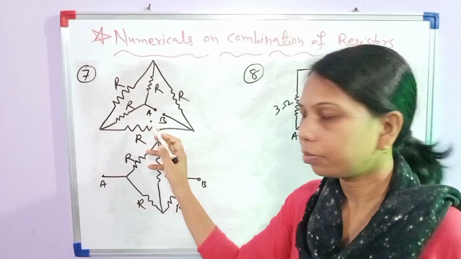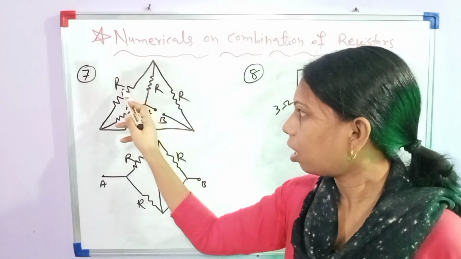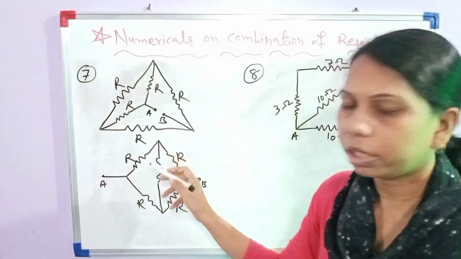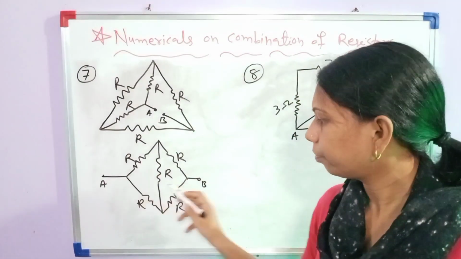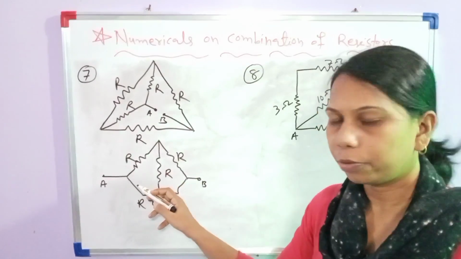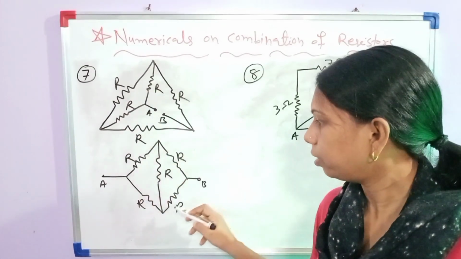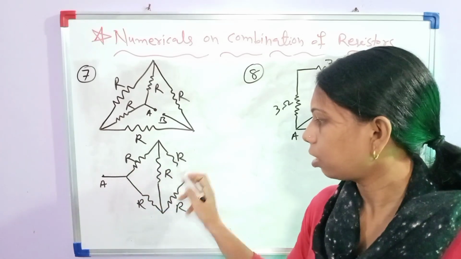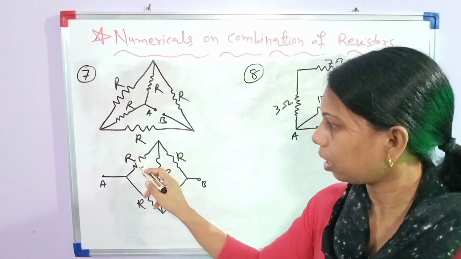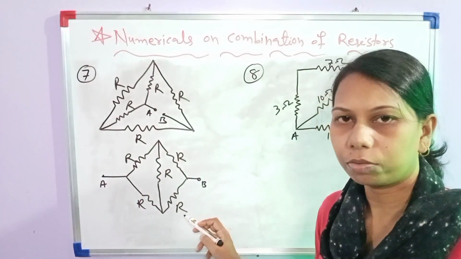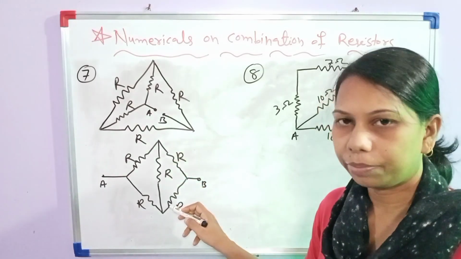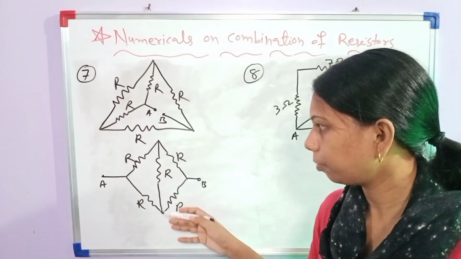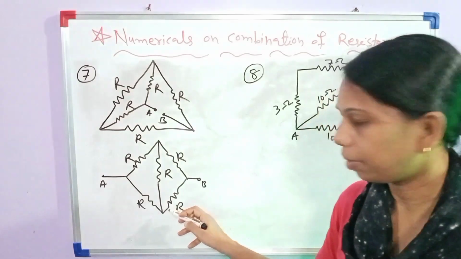Next, question number 7. Find the equivalent resistance between A and B. Here R, here also R, here also R. We will draw the equivalent circuit. It will be like this. As I told in the previous video, if the circuit is like this, and the ratio between these two resistances and these two resistances is the same, here it is the same, R upon R1, R upon R1, so this resistor will be ineffective, which is known as the balance condition of Wheatstone bridge, which we will discuss in the next chapter. So this resistor will be ineffective.